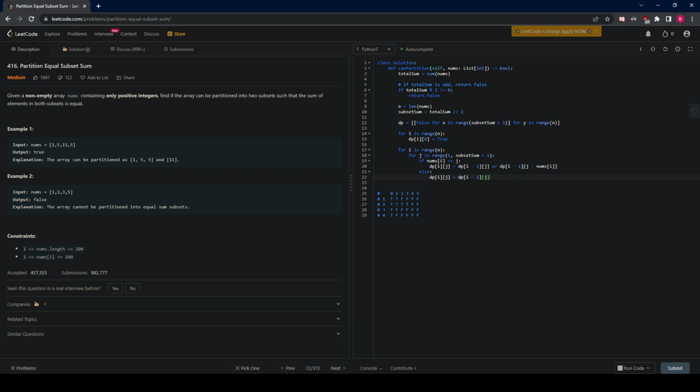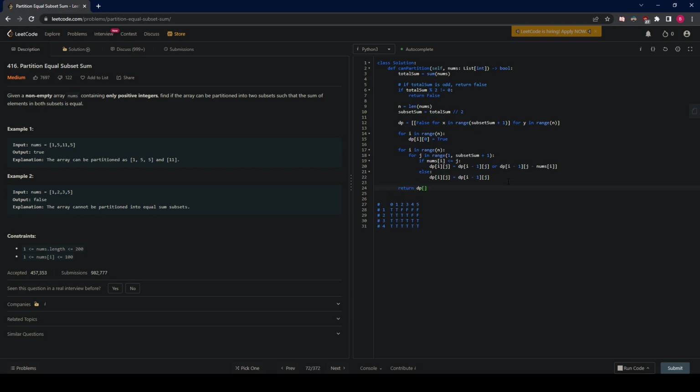So we can actually continue to trace the rest of this. So for 3, you just take whatever's above for all the numbers before you actually hit 3, and for 3 you can take whatever's above. Since it's an OR, we'll just take the true anyways. And so for 4 minus 3, you'll go to 1, the one above, and go to 1, so this is true. And then for 5 minus 3 is 2, so you go to the 2, that's true, so you take that, because you also OR with the ones above, and that's that. And so regardless, all of our cases include checking the one above, so we can actually just go straight through, and then we return this last index here,